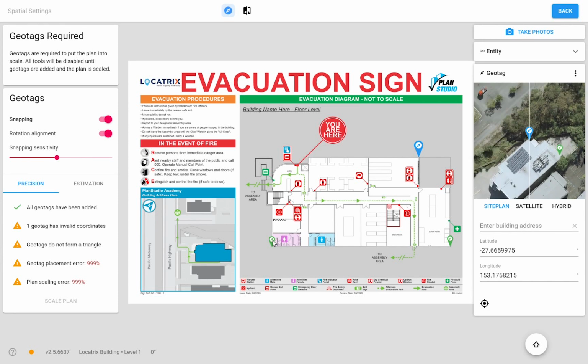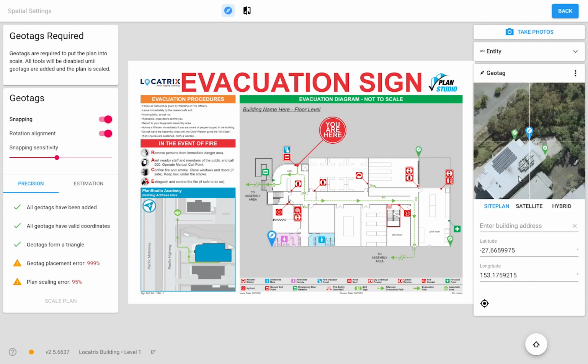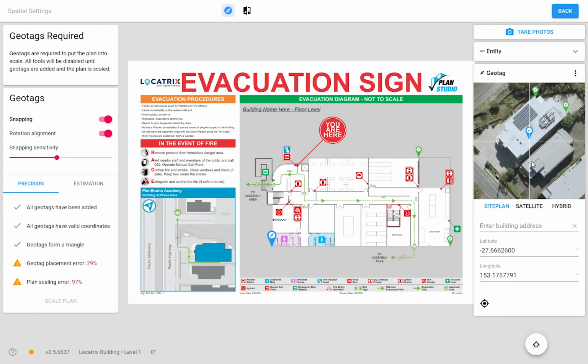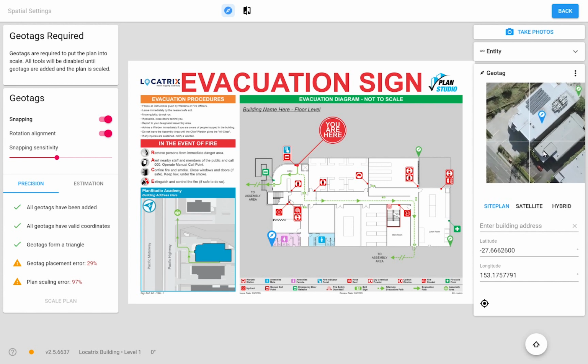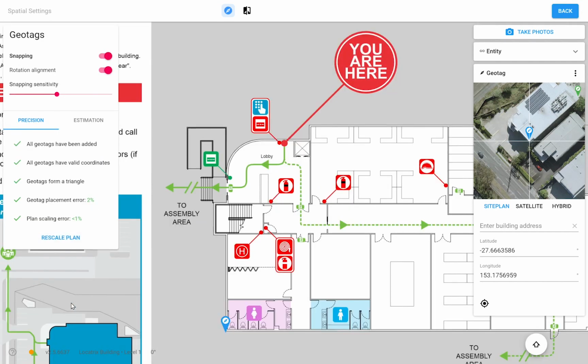Please keep in mind when doing this, you want to keep in mind for overhangs, patios and pergolas, as that may throw out your geotag percentage. Now PlanStudio works with a geotag placement error, anything under 10, but me personally, I like to work under 5. So as you can see, I've got it under 2, and I'm happy with that. Therefore, I'm going to click Scale Plan. Once you've clicked Scale Plan, as you can see, it's enlarged the image, and now we're ready to hit back